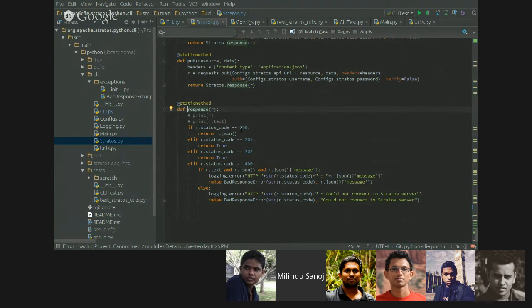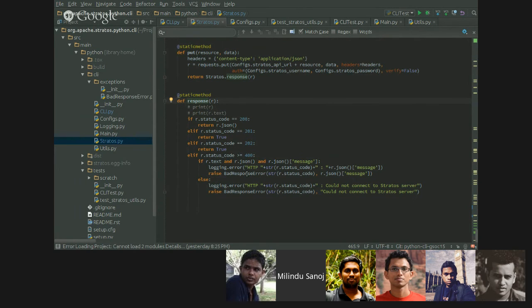If it's a 200, it sends the JSON that it got from the server. If it's a 201 or 200, it says the resource has been created successfully or updated successfully, and then I'm sending the flag true. If it's an error, what I'm doing is